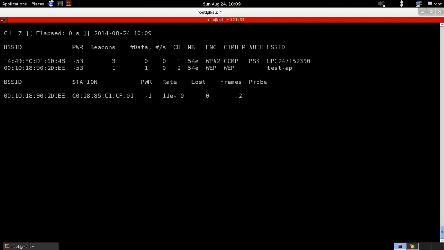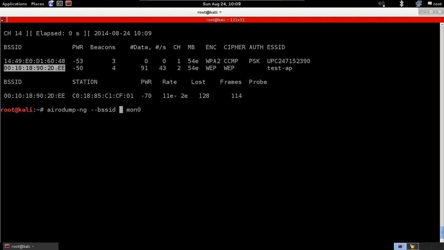wlan0, just very basic, and the second network that came up is the network that we're going to do our attacks on, so it's a test AP. So we're just going to launch Airodump against this network now. So we're going to put the BSSID like we did before, just launching Airodump against this AP,